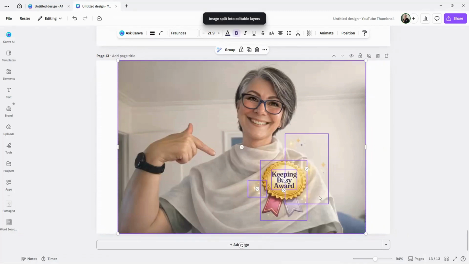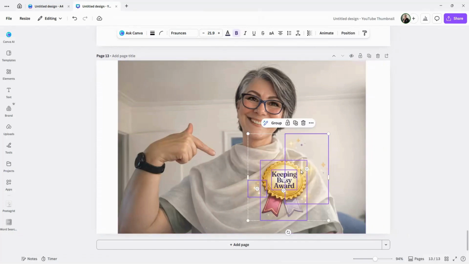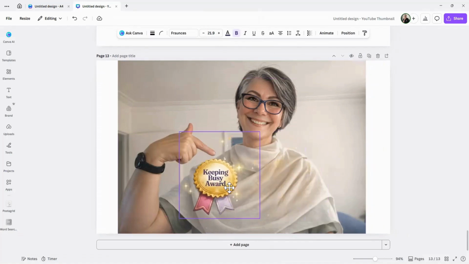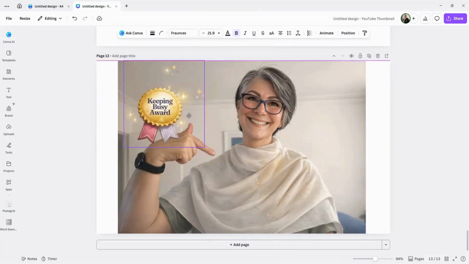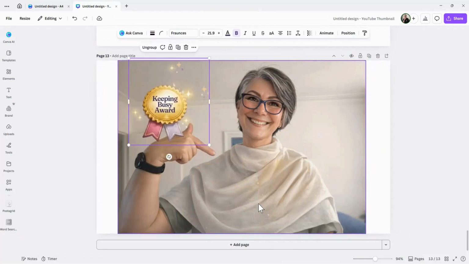There we go. Canva has selected everything that can be selected. I want to deselect the background and only keep this bit here. For ease, I'm going to group it, and I'm just going to move it to this side. Now, there we go. So let's move it off. But now you can see that there's still a little bit of ick left behind there. Not much to do about that.